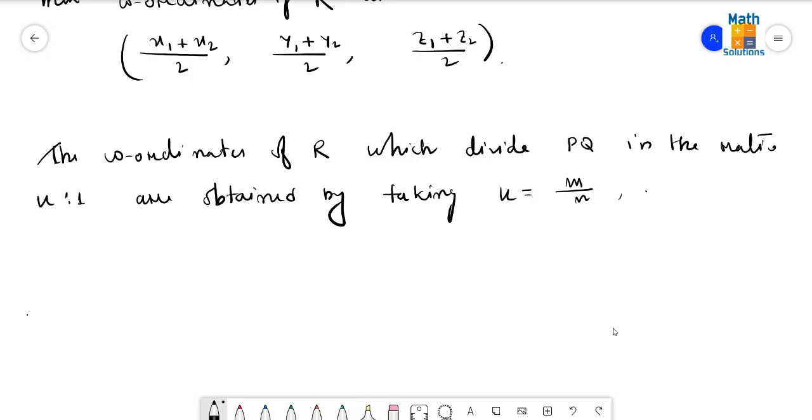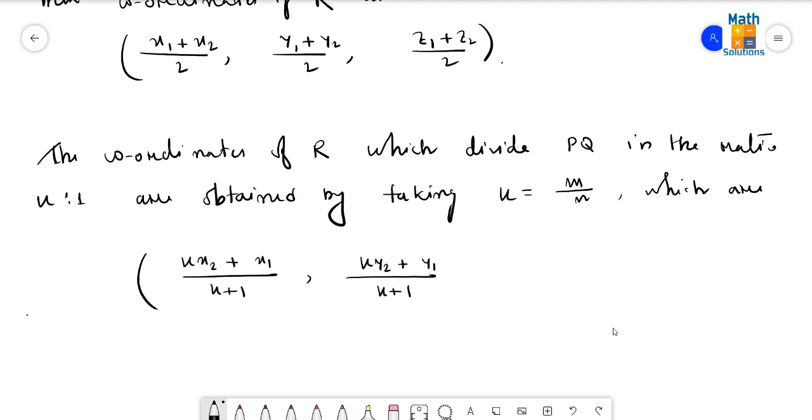In that case, the coordinates of R will be like this: (kx2 + x1) divided by (k + 1), then (ky2 + y1) divided by (k + 1), then (kz2 + z1) divided by (k + 1). So these are the formulas required for solving the questions of this exercise